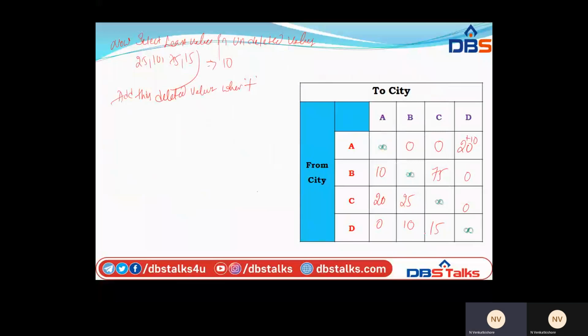That means minus 10, minus 10, minus 10, and this is minus. So after getting the table, what are we achieving? See, what is the final table after doing this?